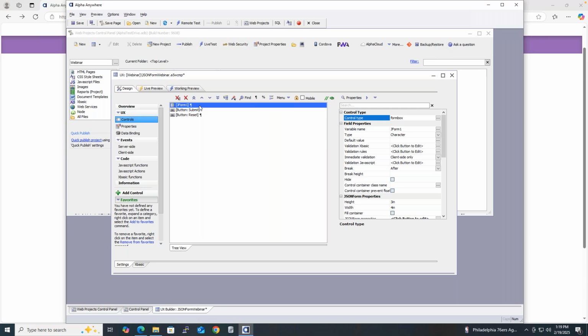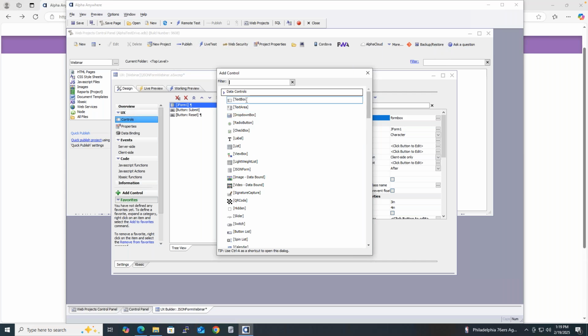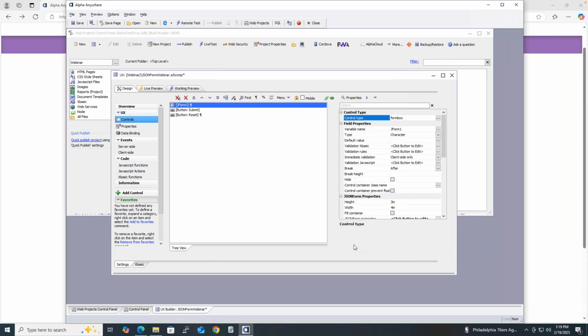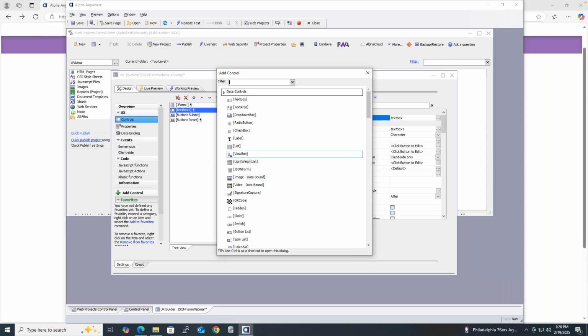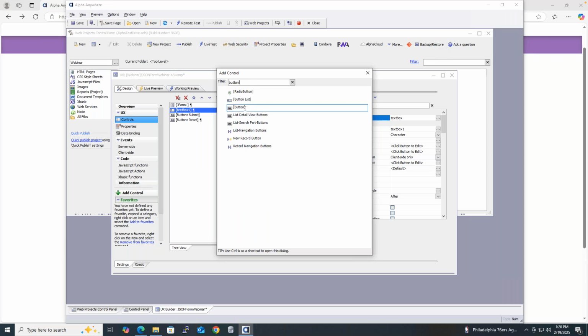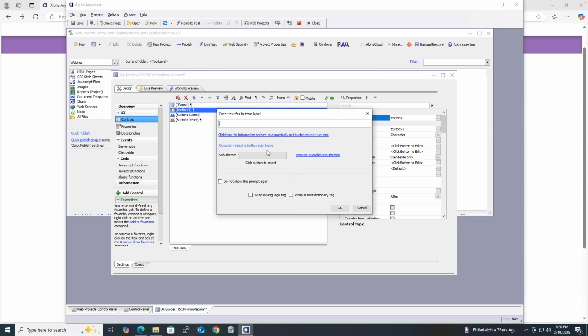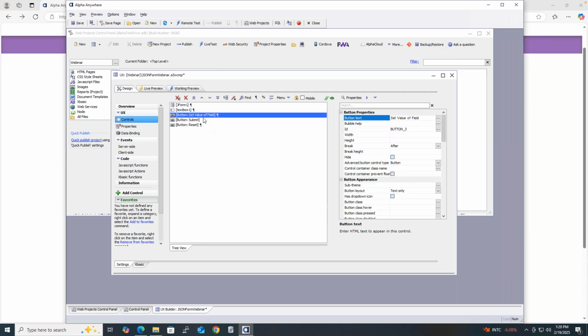So typically when you set a value, say of a text field, and I'll just go ahead and add one, right now, call it text box 1. You could, for example, add a button. Go ahead and add a button that sets the value. I'm going to say set value of field. And then that button,